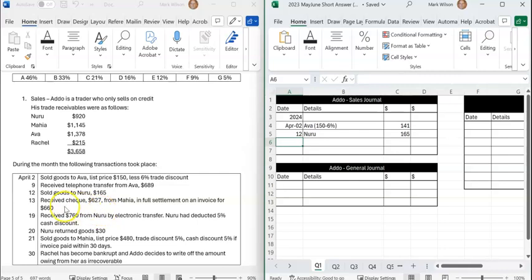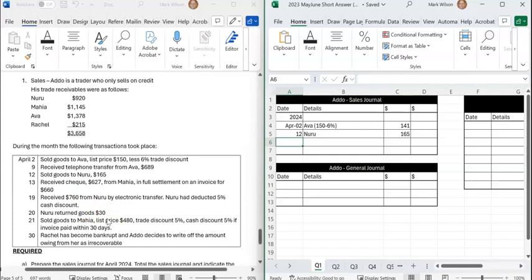So just looking for sales. Received check, so that's not a sale. Received some money, that's not sales. Returned goods, not sales. 21st, sold goods, there we go. And sold goods to Mahia. And Mahia was sold, again we'll put our brackets in. We've got 480 minus a 5%